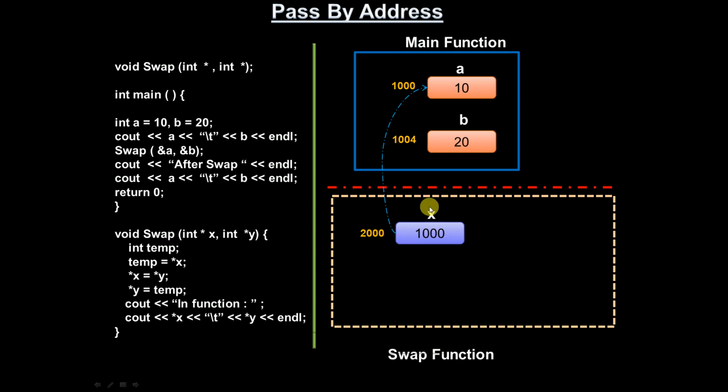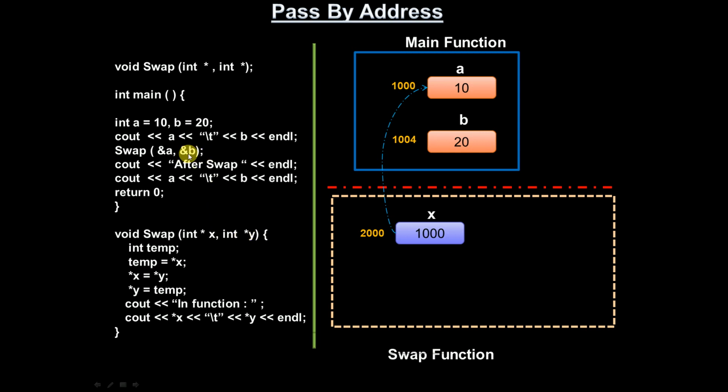Previously, in the previous session, x was a normal variable. Now x is a pointer variable, so it can hold addresses. It's not holding a value, it is holding an address. Now in x the value 1000 is there. Okay, so this is a pointer, it is pointing to this memory location A. So later we have int star y, so int star y equals address of B.